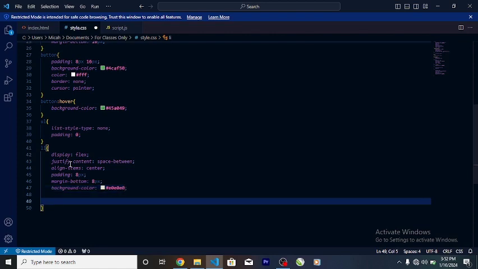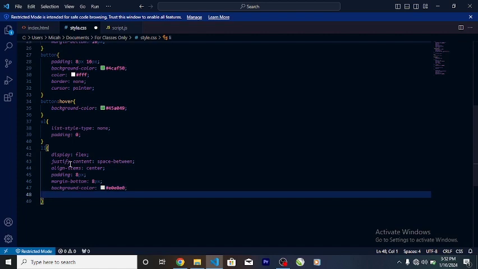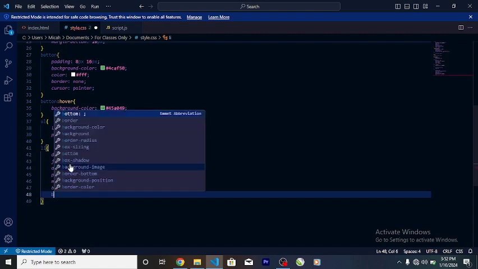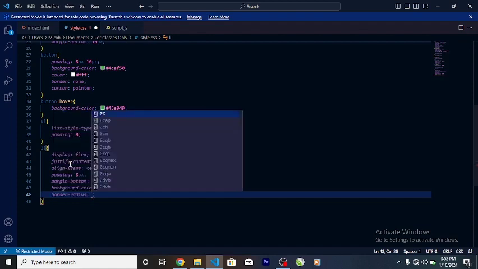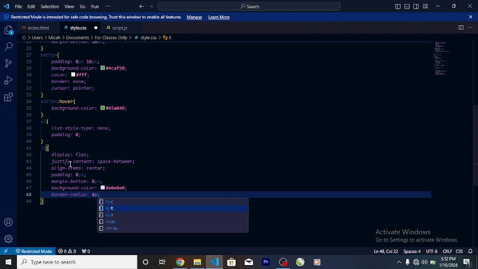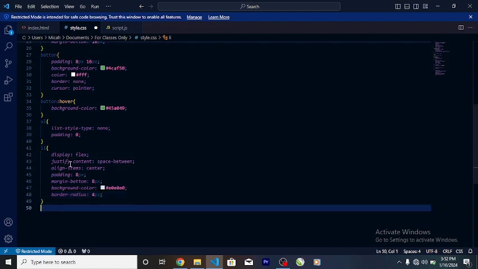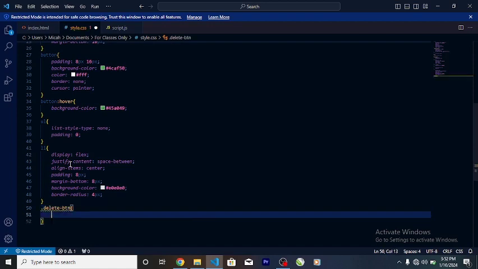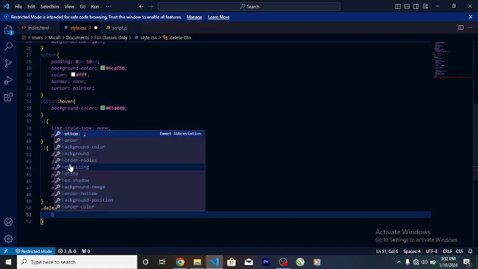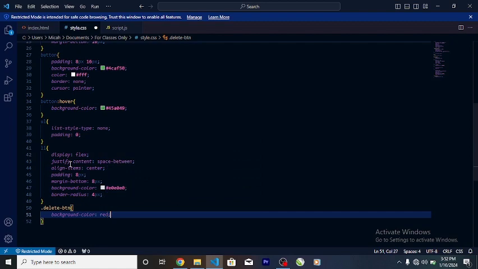And then our border radius will be 4 pixels, and we're going to create a delete button function. Delete button, short for BTN, and then the background color will be red, the color